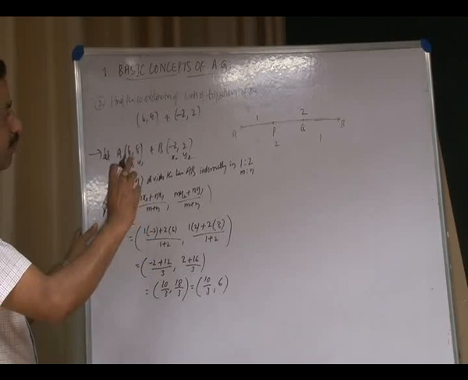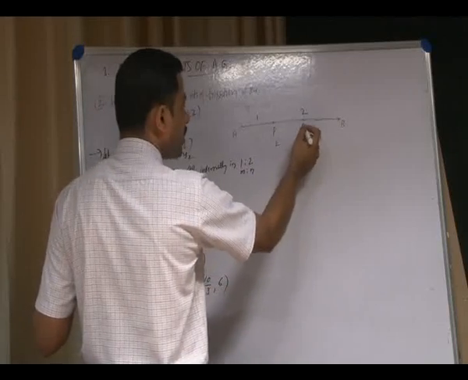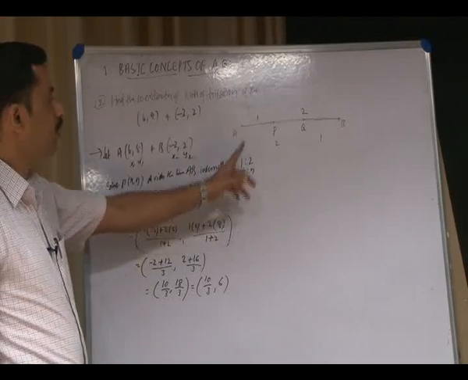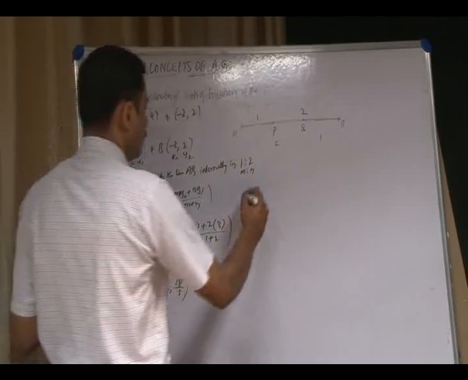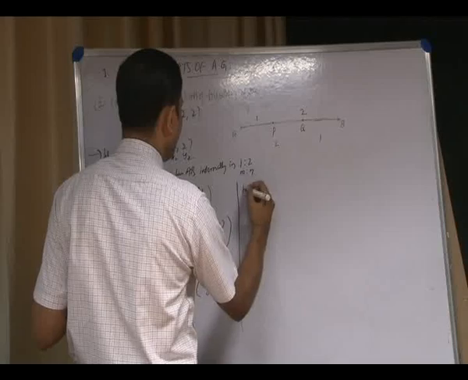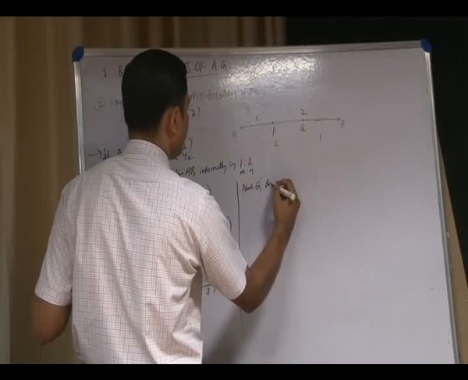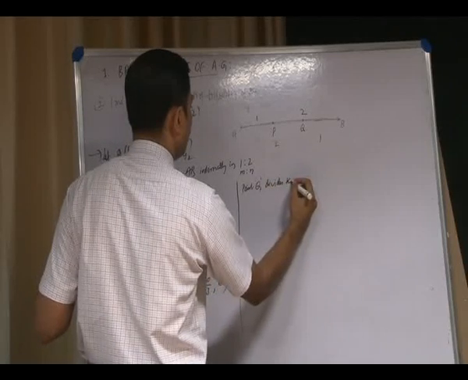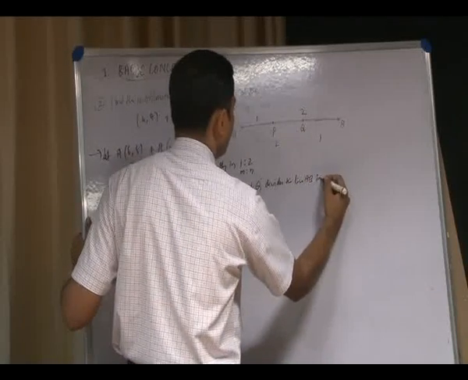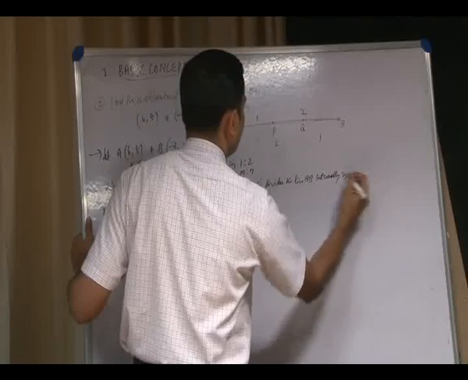So, here P is the point of trisection of the line AB. Similarly, we are going to calculate the coordinates of point Q also, that is also point of trisection, but here you have to consider this ratio as 2:1 for point Q. So, I will write on this side, say point Q divides the line AB internally in the ratio 2:1,